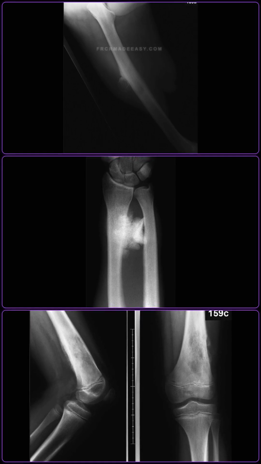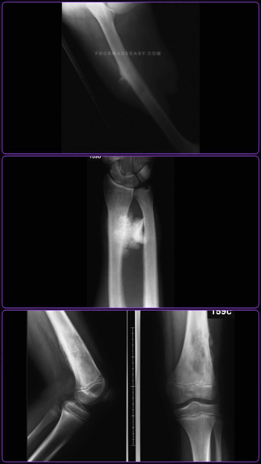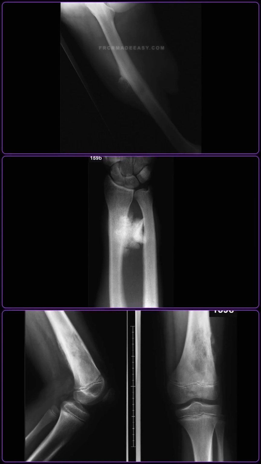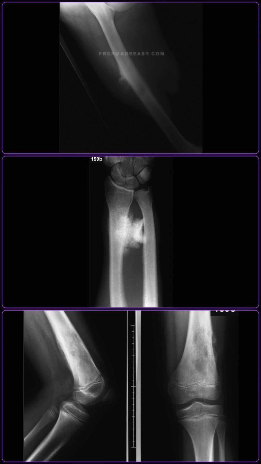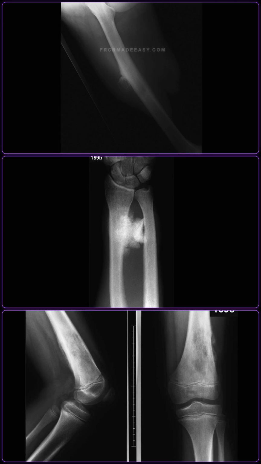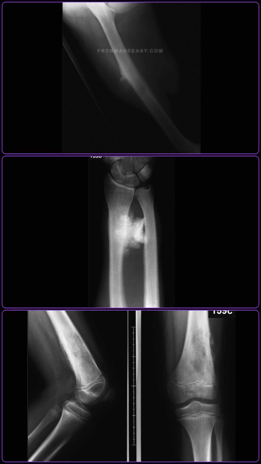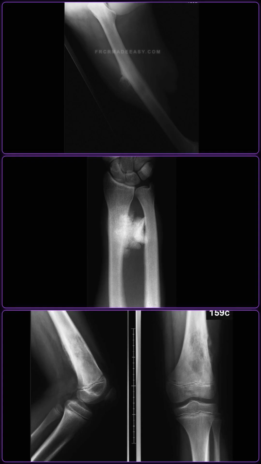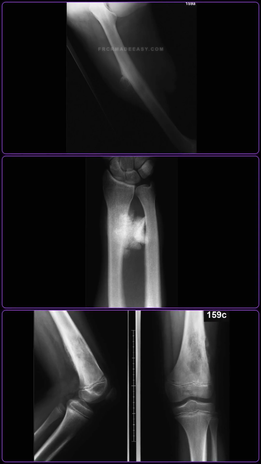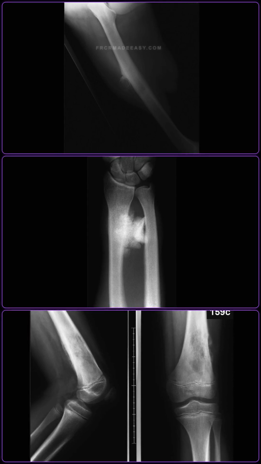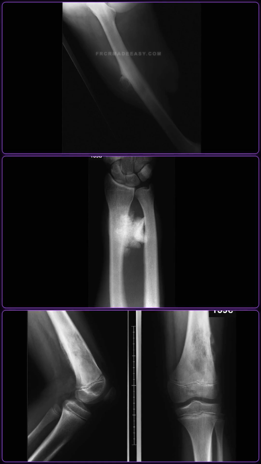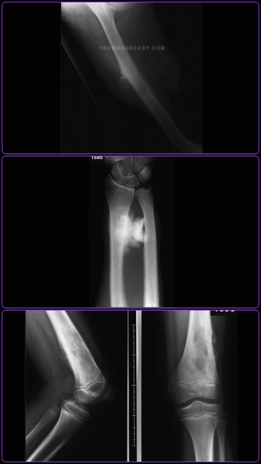Parosteal osteosarcoma is a rare subtype originating from the outer periosteal layer, accounting for 4% of all osteosarcomas. It is slow-growing and tends to affect older patients, with a peak incidence in the late 30s, whereas 75% of conventional osteosarcomas occur in patients under 30. It also has a female predilection of 3 to 2, whereas conventional osteosarcoma is more common in males. Crucially, parosteal osteosarcoma has the best prognosis of all osteosarcomas, with an 80 to 90% 10-year survival rate following wide